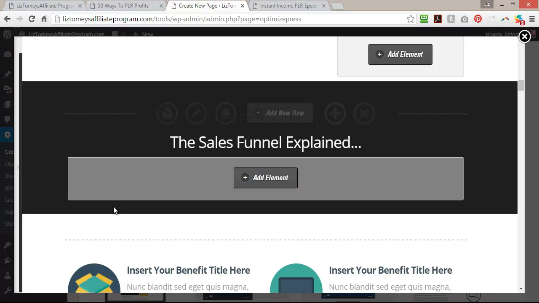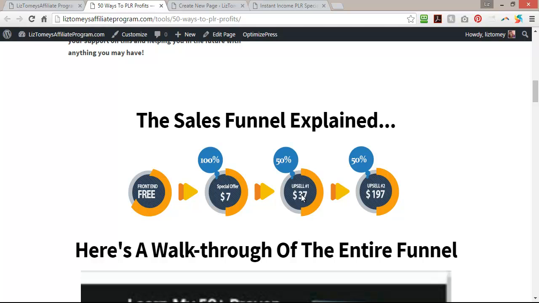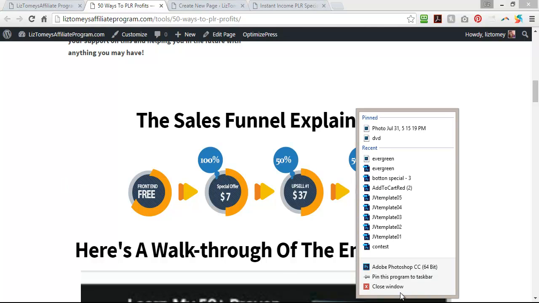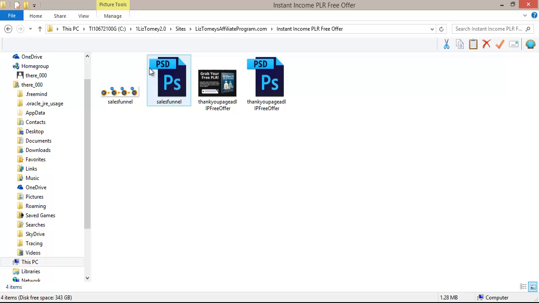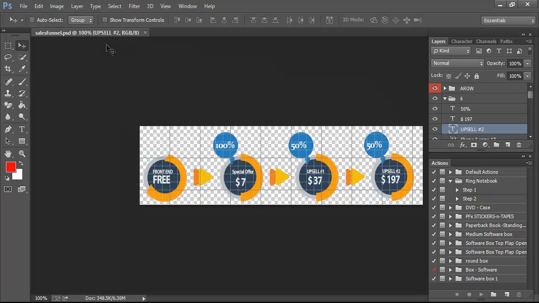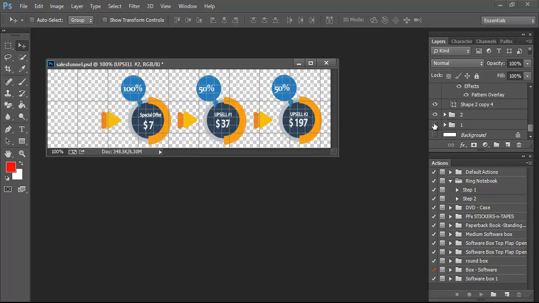The sales funnel explained. Alright, so now what I want to do is create a sales funnel graphic. If you look on this page, I used this little graphic. I got it from one of the graphic sites that I am a member of. I could go back and use this one if I wanted, or I can use a different one. I think what I'm going to do here is use the one I have. So here it is, because it's going to be easy, because the only thing I have to do is get rid of the first one and the arrows that go with the first one, which would be, nope,